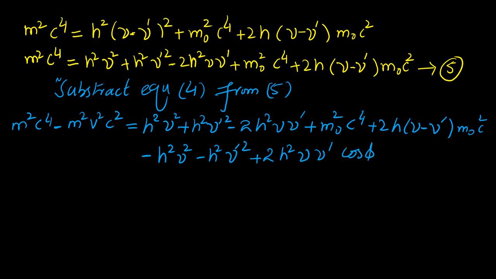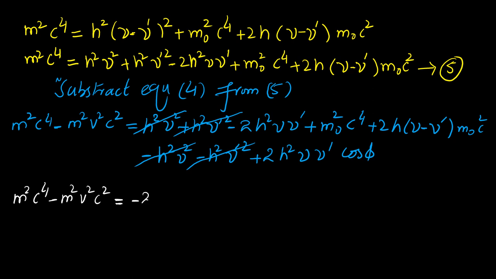So we can clearly see that h square nu square will be cancelled with minus h square nu square. Similarly, h square nu prime square will be cancelled with minus h square nu prime square. So after subtraction, this equation will become m square c4 minus m square v square c square is equal to